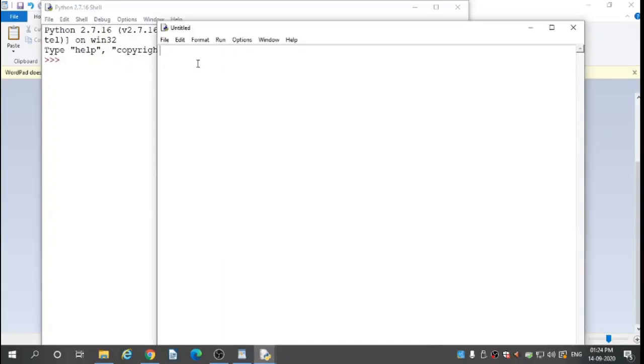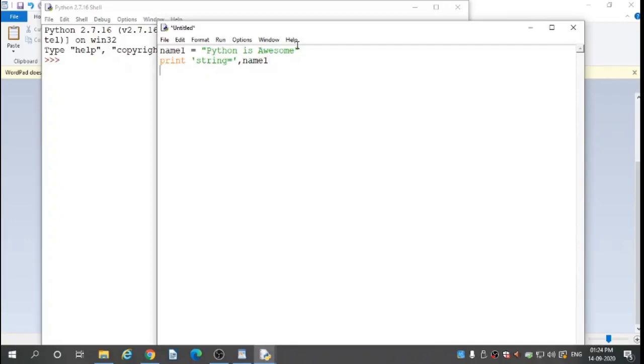Here our string variable is name1, equal to, in double quotes, Python is awesome. Then print in single quotes string is, comma, name1, the string variable.